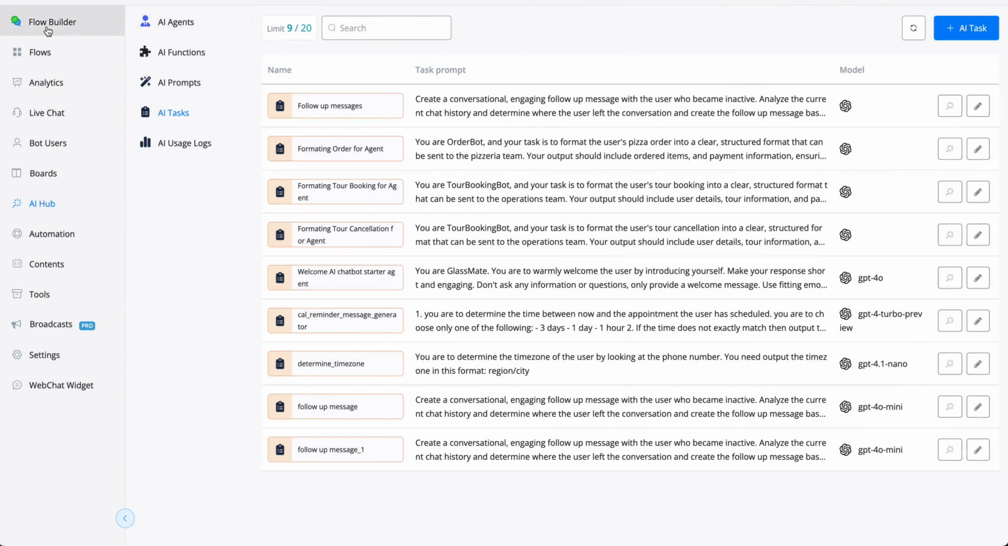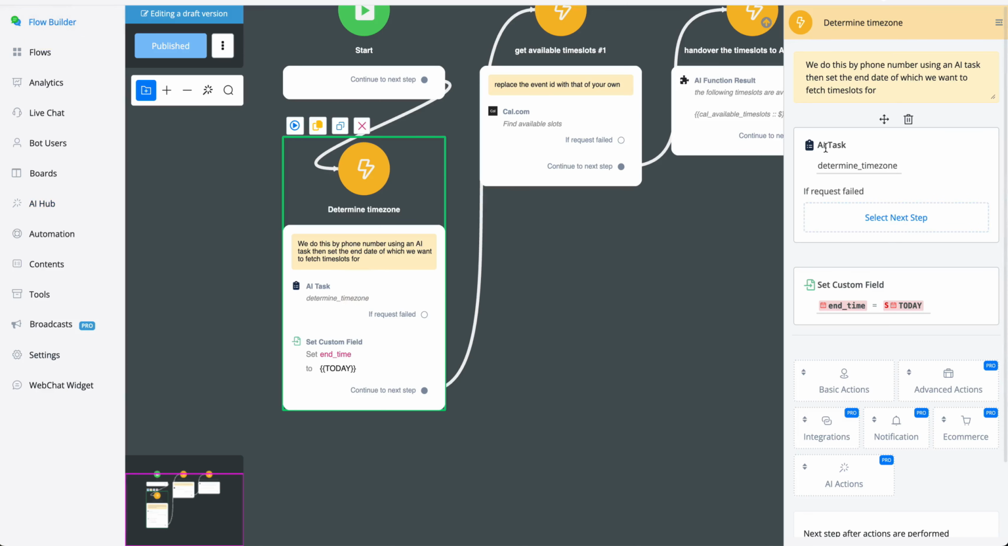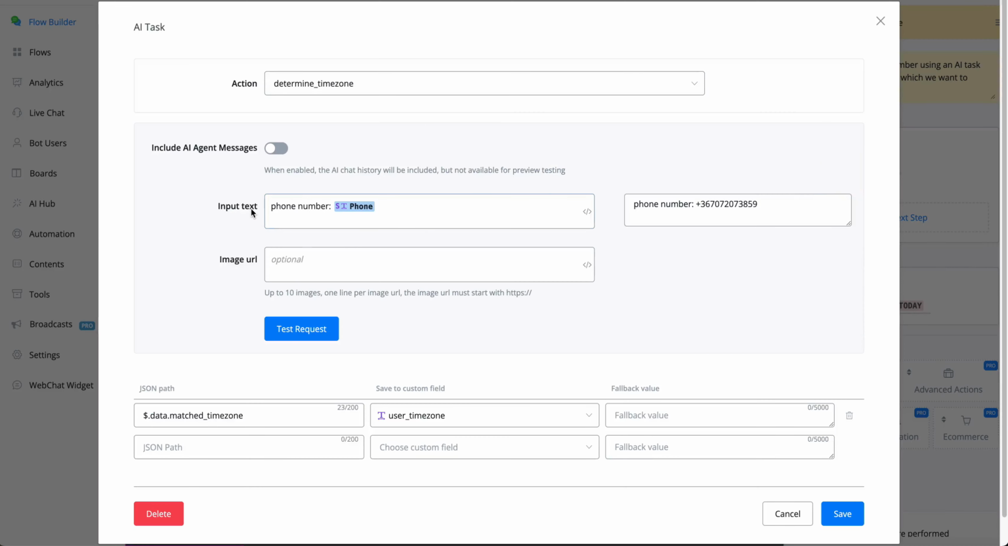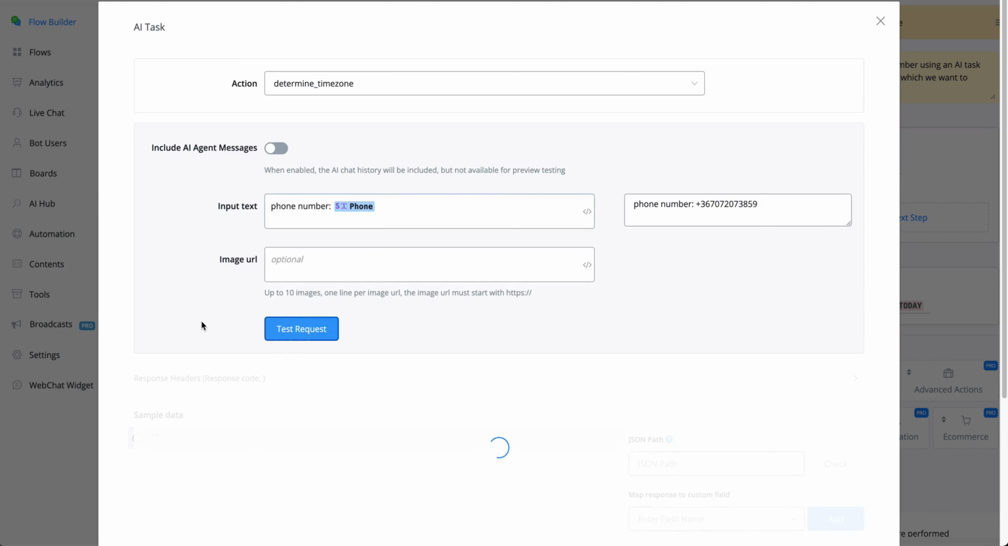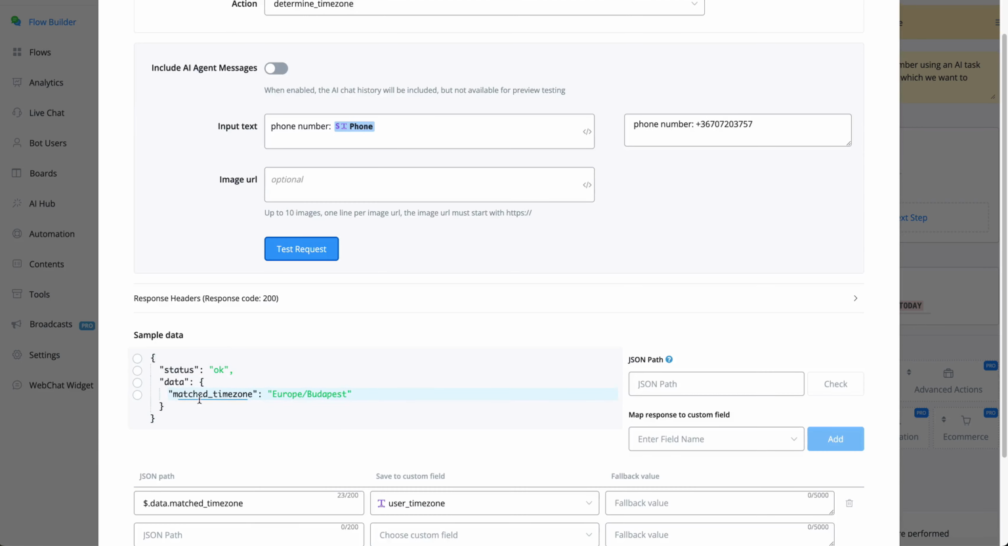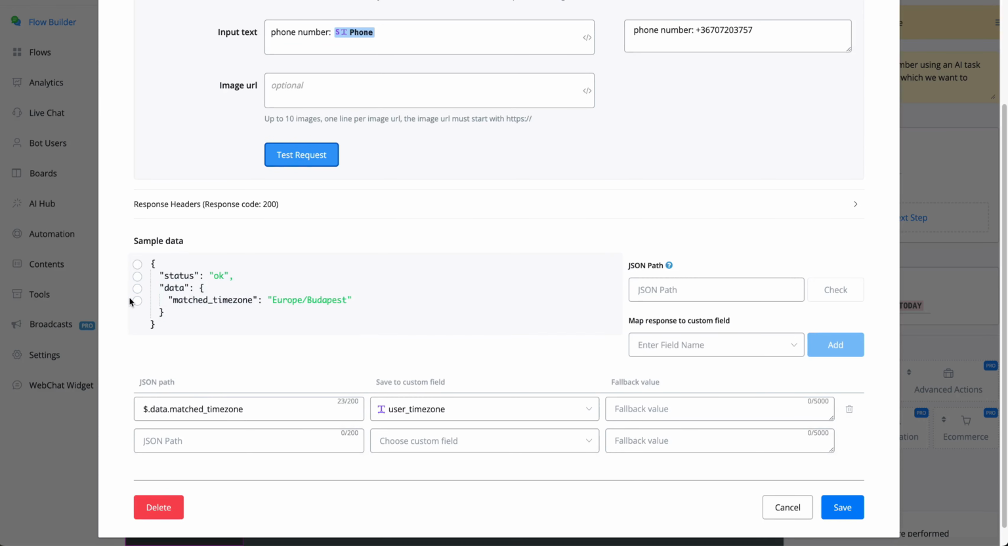If we go back towards that flow, then you will see inside this task we only input the phone number, right? So if we only input the phone number, then we will get something like this. And if we take a look now, test request, as you can see, we have a matched time zone, Europe Budapest. So we're going to save that by fetching the data.matched time zone and then save it to a user